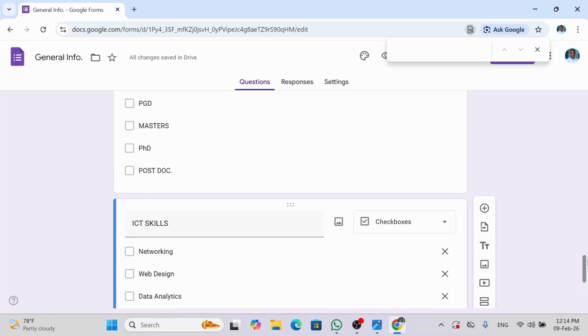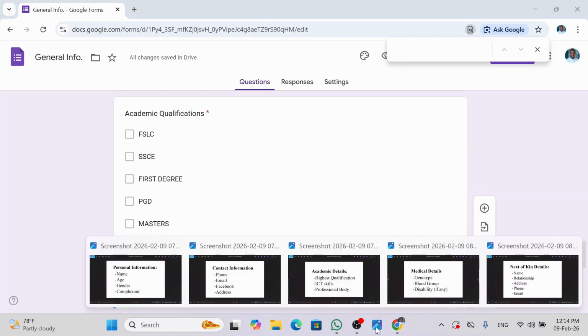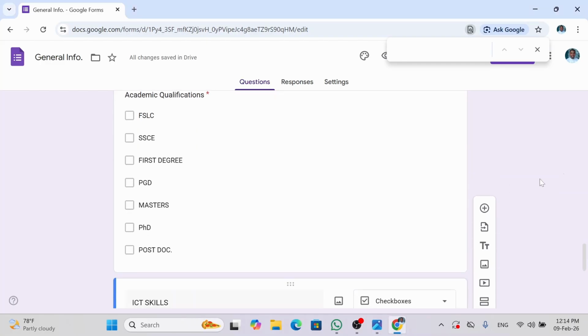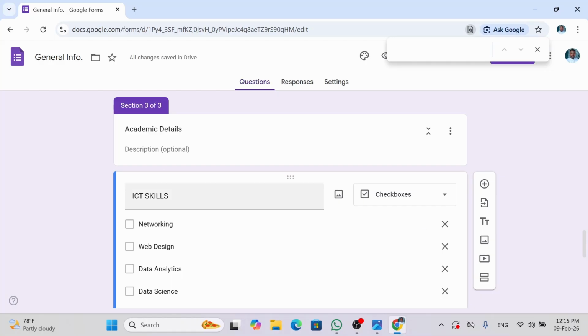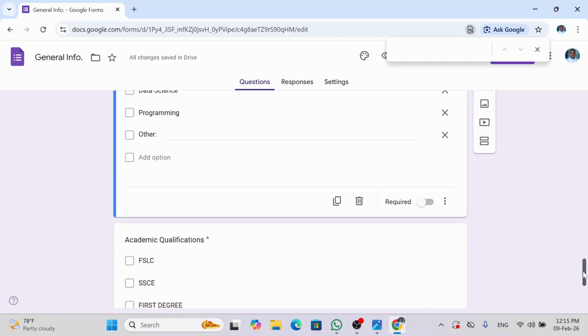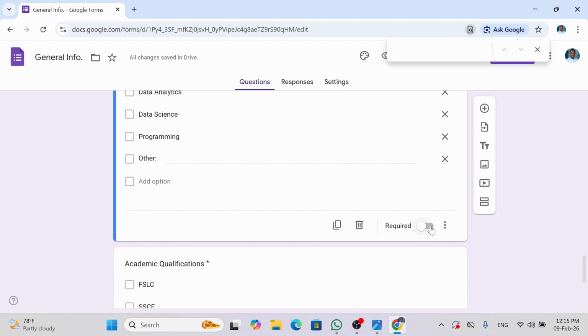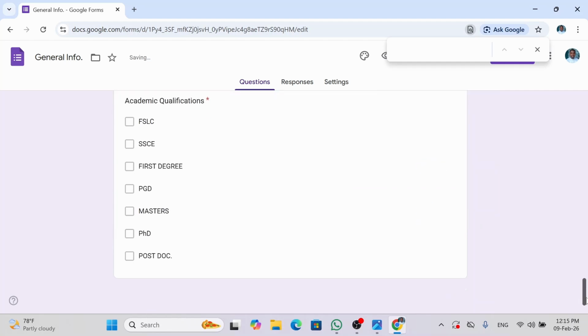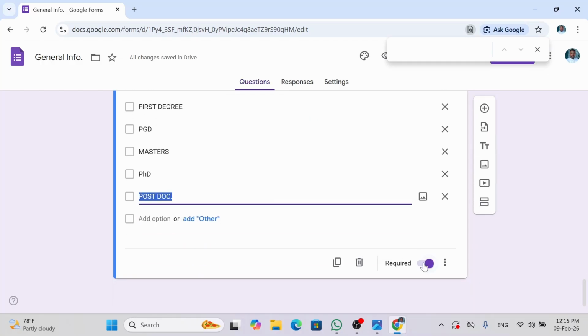So as you can see, you can drag these two questions. I can decide to drag this to come above this one. You can see section 3 of 3 ICT skill is now on top, while academic qualification is now below. Okay, maybe we leave it like this, and then we check required to make it compulsory. Academic qualification, let's ensure it is compulsory, required. And then